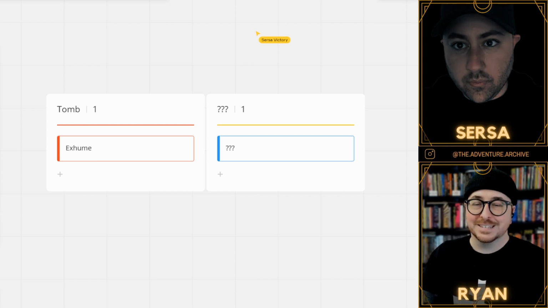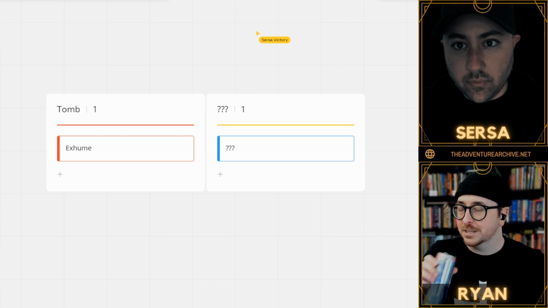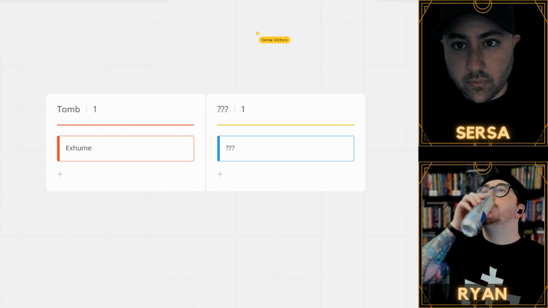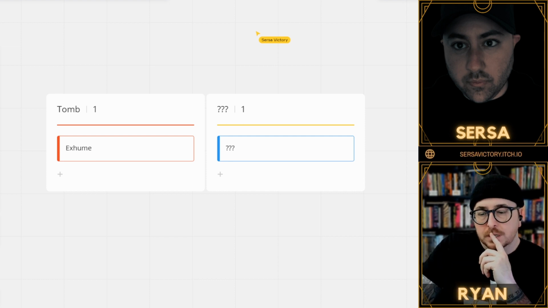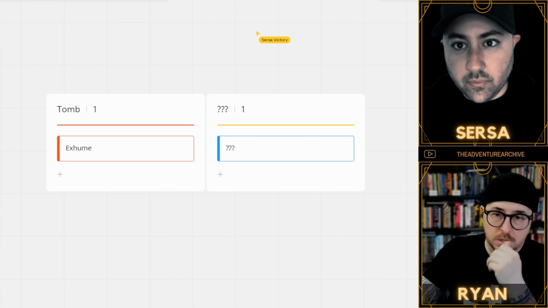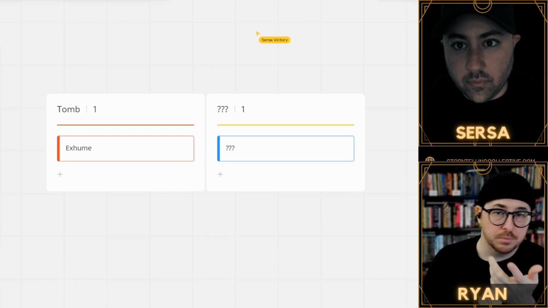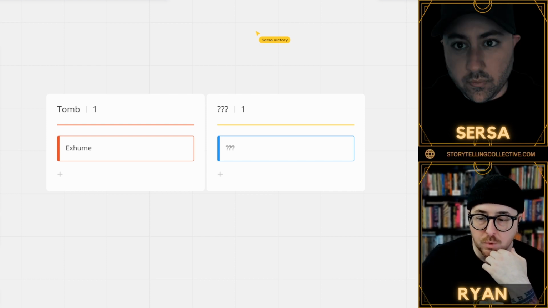I'm a basic edge lord, so undead is literally the first thing that comes to mind. But yeah, Tomb is already covered. Okay, so let's think of kinds of places that have tombs. Obviously Egypt is not a place that we're going to do this in, right? But what about something kind of in that direction, where we're thinking of maybe